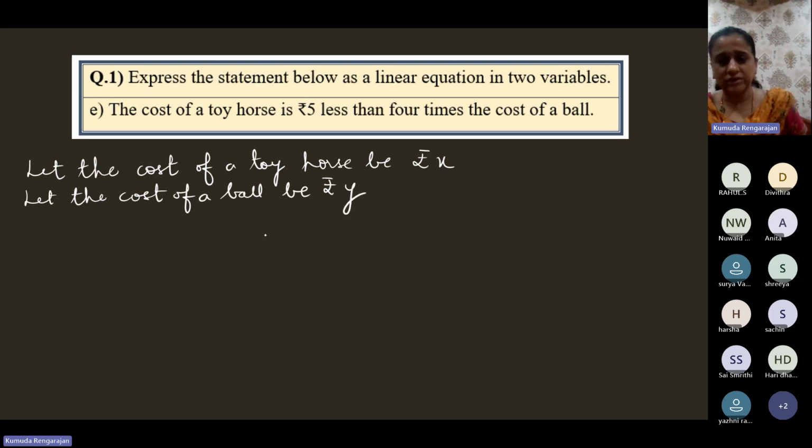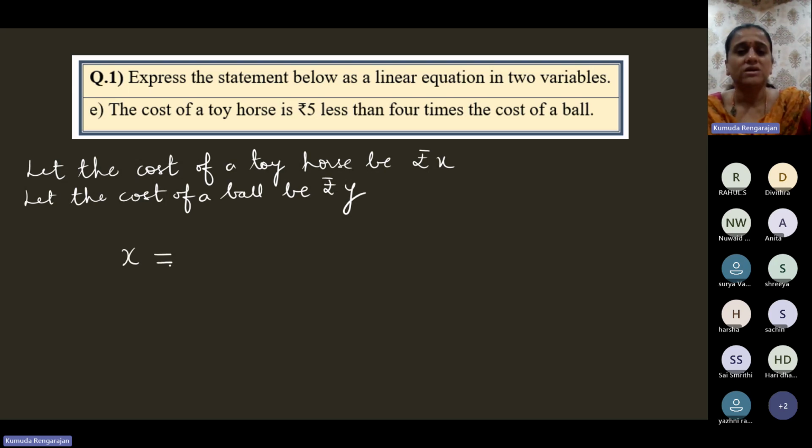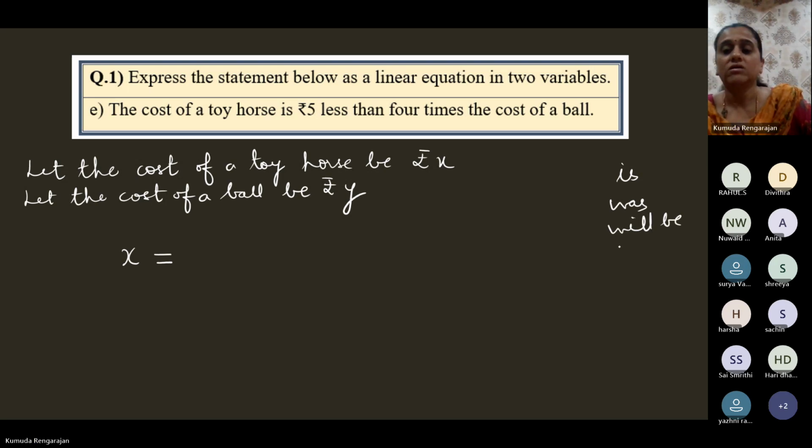As we read, we'll keep constructing the equation. The cost of a toy horse is... what is the cost of a toy horse? X. "Is" stands for equal to. Is, was, will be, all this means equal to. So the cost of a toy horse is X is equal to